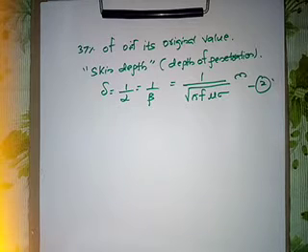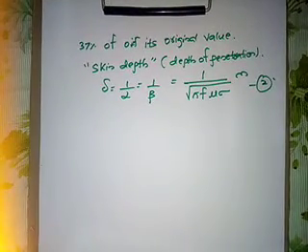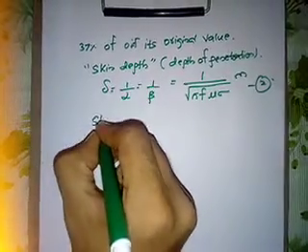Now the fields and the currents are concentrated near the surface of the conductor. This is nothing but the skin of the conductor, the surface at which the electric field and the current are confined or concentrated. The layer at which the electric field and the current are concentrated is the skin of the conductor, hence this effect is called the skin effect.